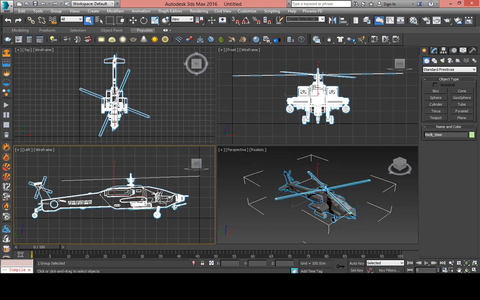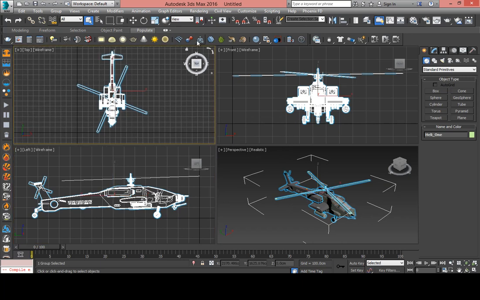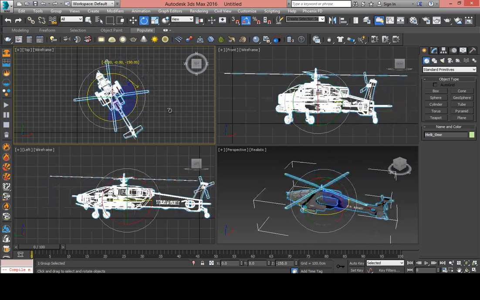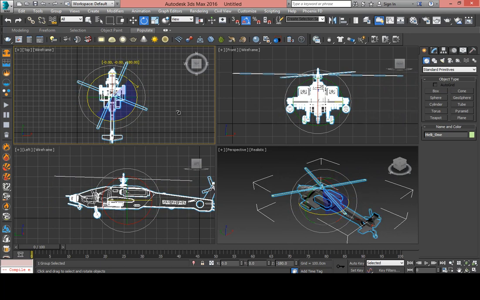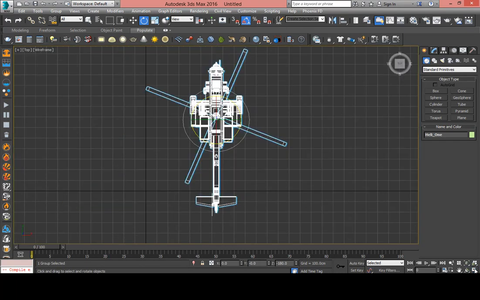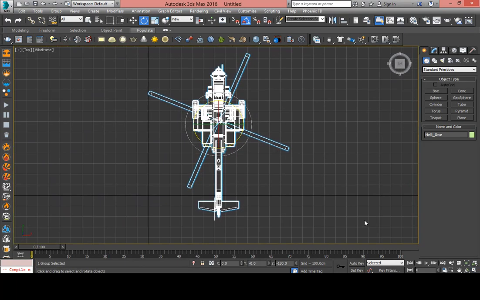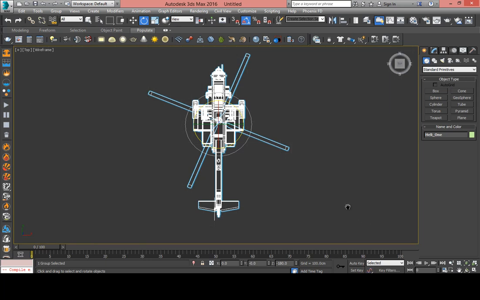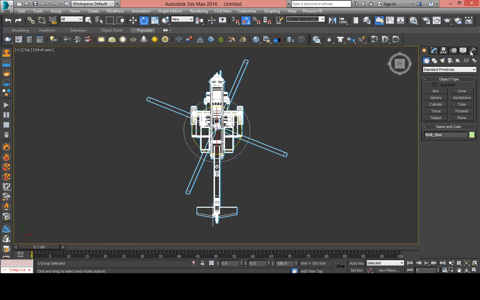Hit OK. In our top view, we want to have snap tools on, because we need to rotate this. With the snap tool, you can rotate this at 5-degree increments. I want to swing it around 180 degrees in the top view because I want it to point north. It'll make life easier if it pointed north. Hit G on the keyboard to get rid of the grids, and we need to modify this